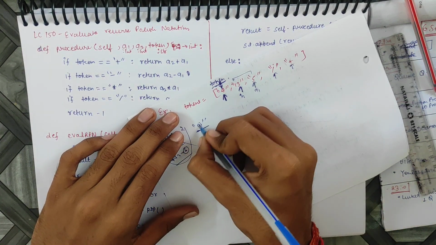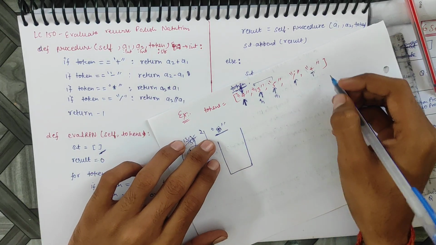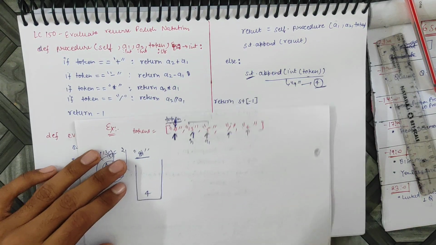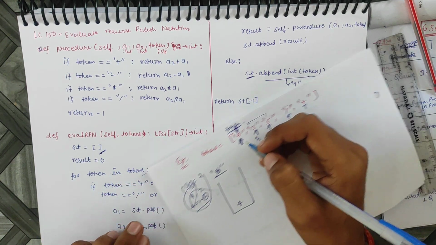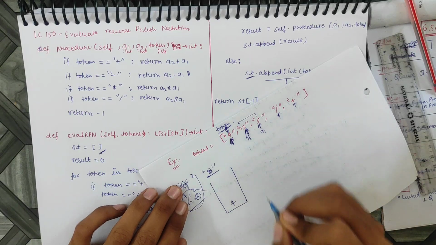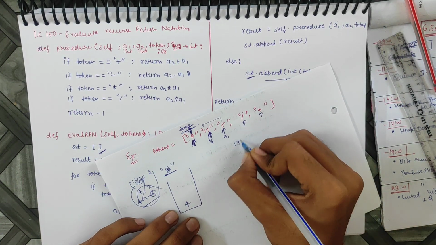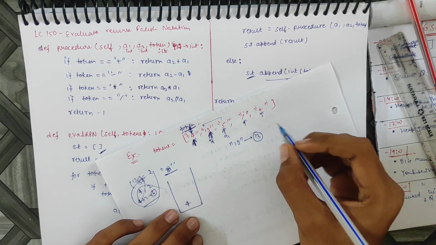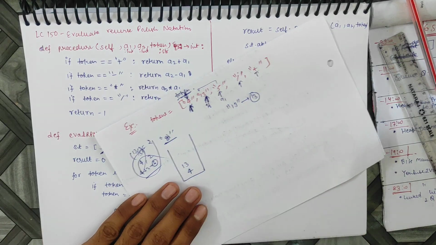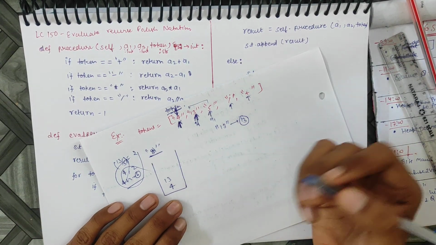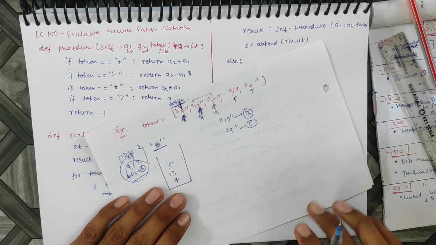Our stack was empty first, what we declared here is an empty stack. So we put 4 in the stack. Now we have 4 in the stack. Next we move to 13. Is 13 an operation? No, 13 is a number. So again the same thing: we convert the 13 string to the 13 number, and then we push it into the stack. Next we have 5, same thing. 5 is converted to a number and pushed into the stack.